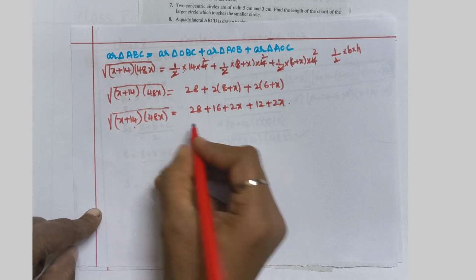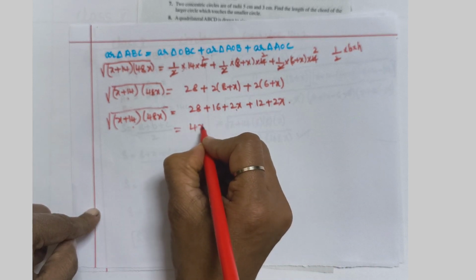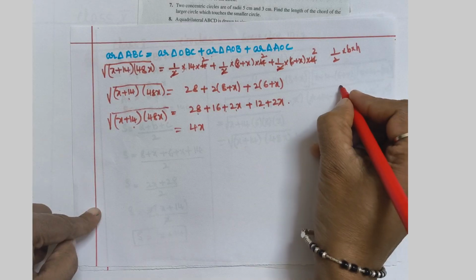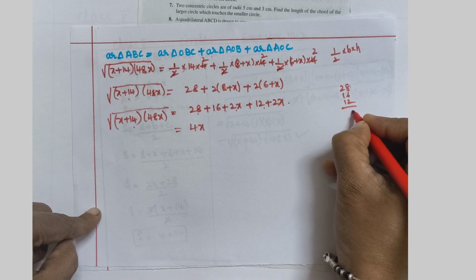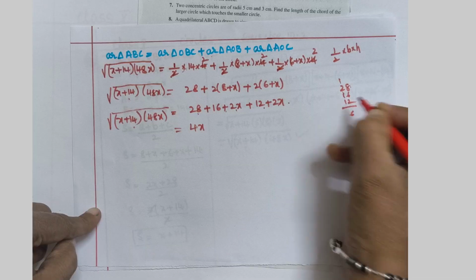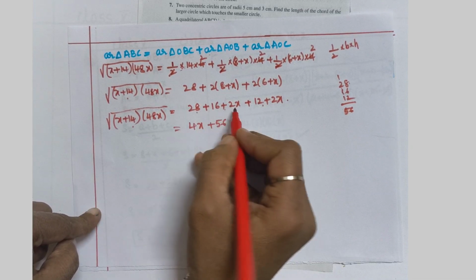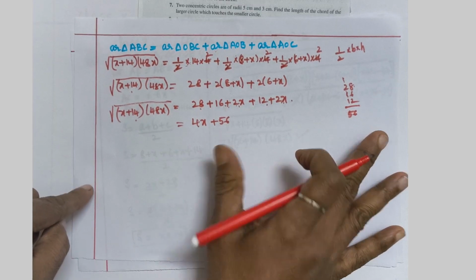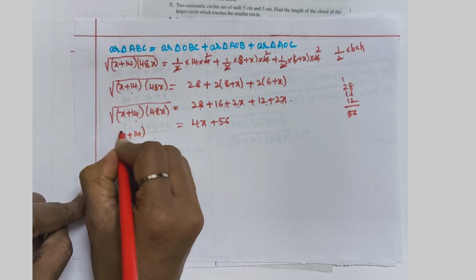Okay, now this one we will simplify. 2x, 2x, 4x. 28, 16 and 12, we will add. 8, 9, 10, 16, 2 3 4 5, 56. So plus 56 here. 2x, 2x is 4x. This added means 56 you will get. This side write as it is, x plus 14 into